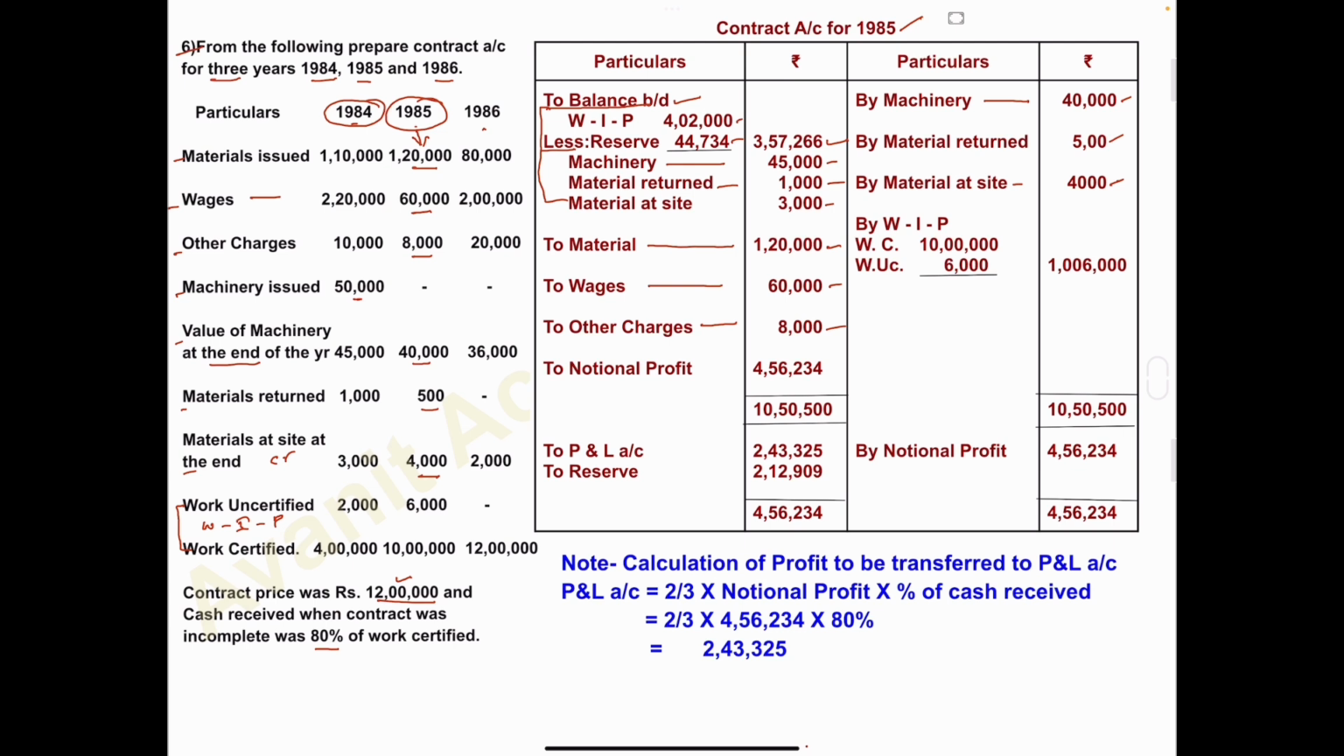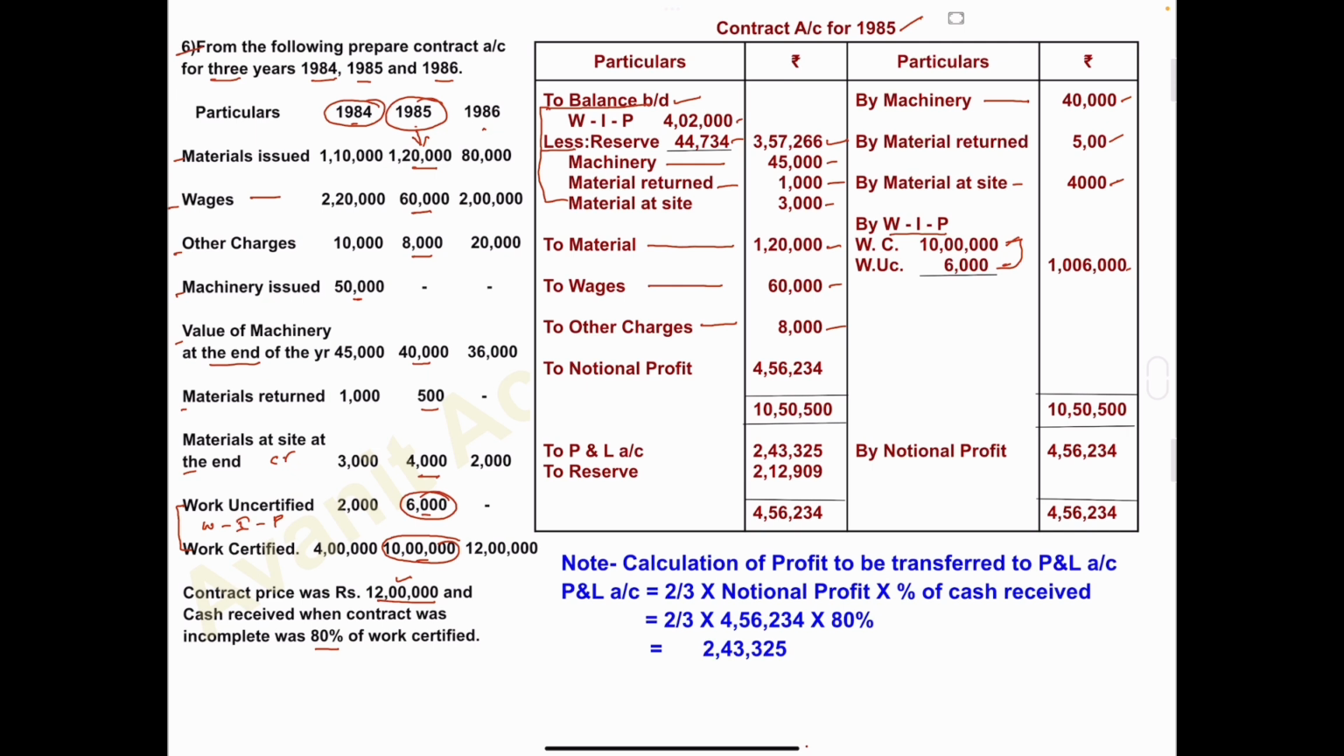Next, work uncertified amount 6,000 and work certified amount is 10 lakh. So this one will take on credit side by work in progress. In that first one, work certified. Work certified amount is 10 lakh and work uncertified amount is 6,000, and total of these two, sorry, 10 lakh 6,000. Okay, add this debit